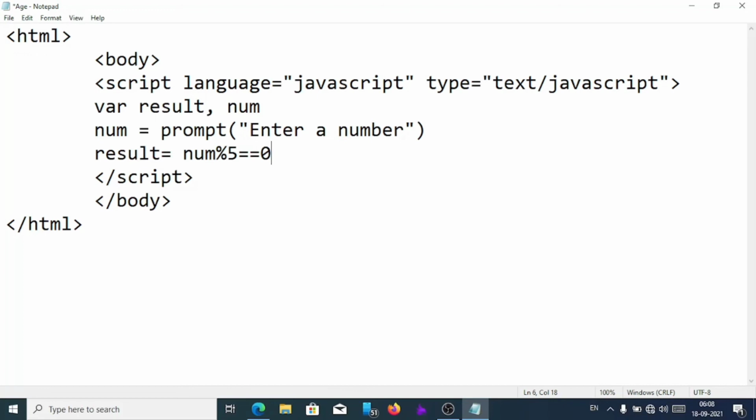If there is no remainder, means the remainder is 0, then my result will be divisible by 5, else it will be not divisible.